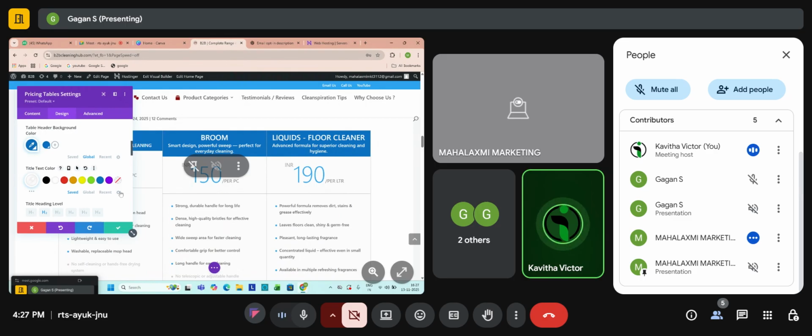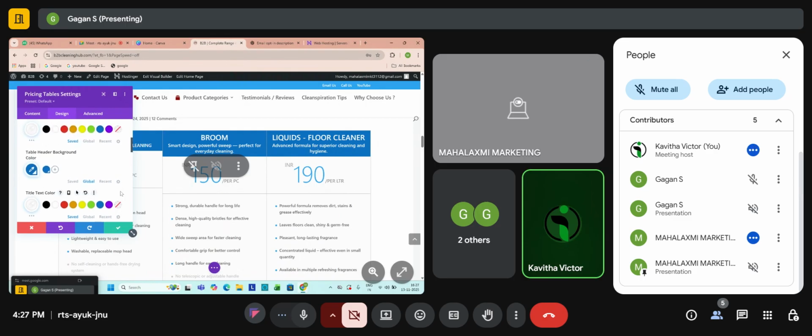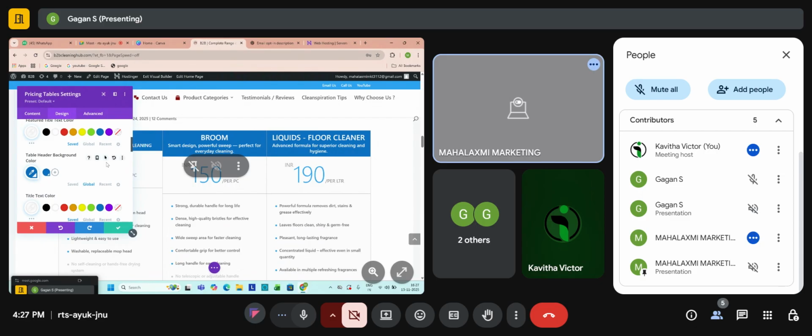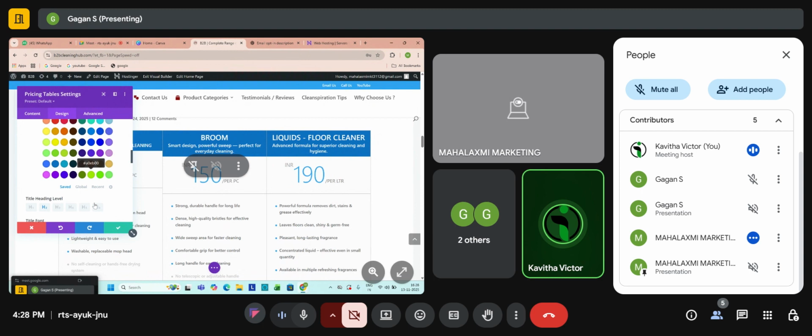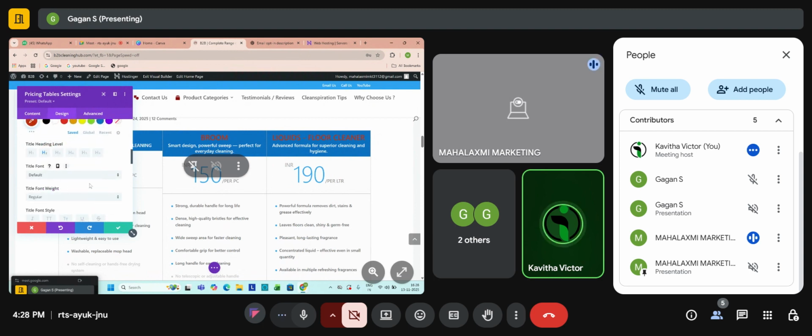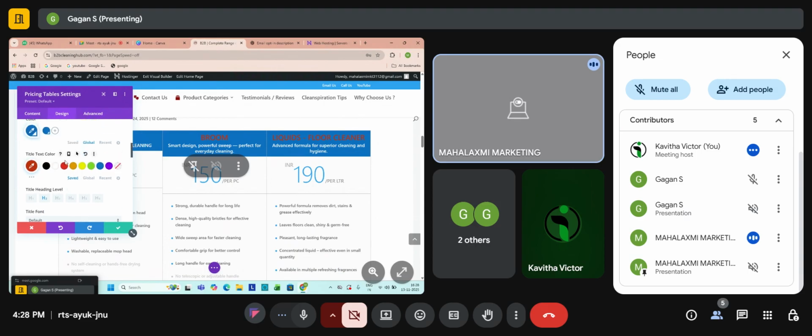Can you find title text color? Yes. Below that you have the three dot line. Click on that. Okay, scroll down. Only this many options are there. This is title text color.